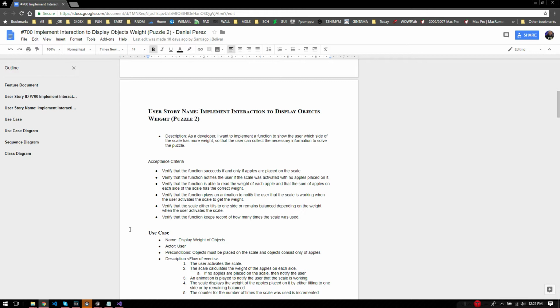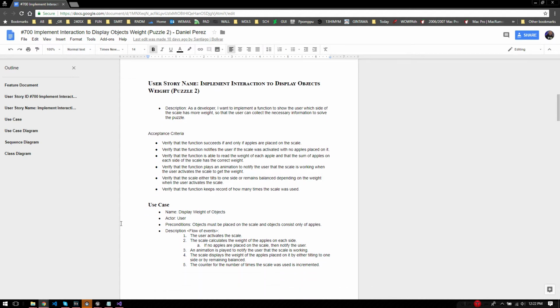So this puzzle basically revolves around the user having to find the bad apple in a group of 7 apples. The bad apple weighs more than a good apple, and they have to use the scale in order to determine which one weighs more. So the acceptance criteria that I created for this user story is verify that the function